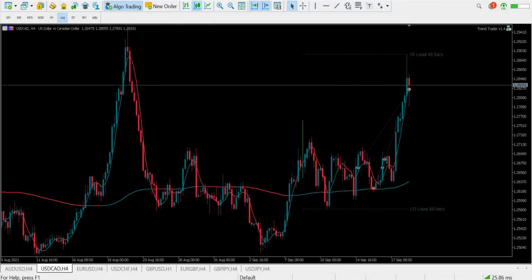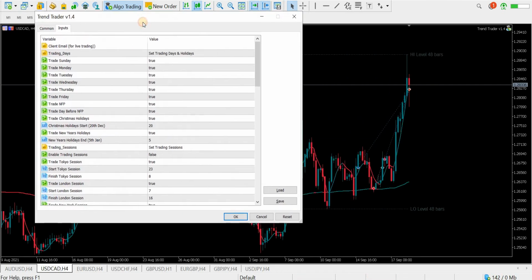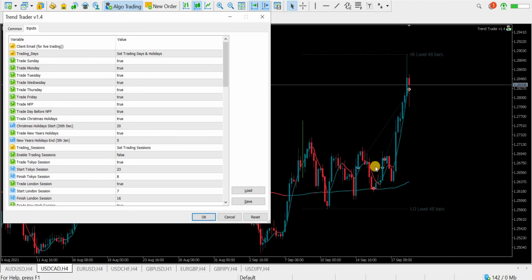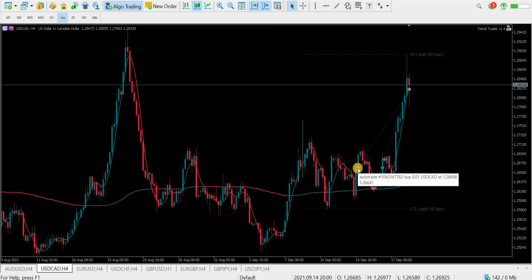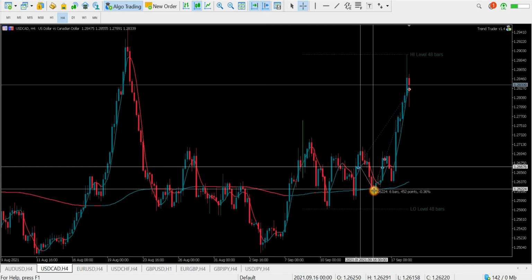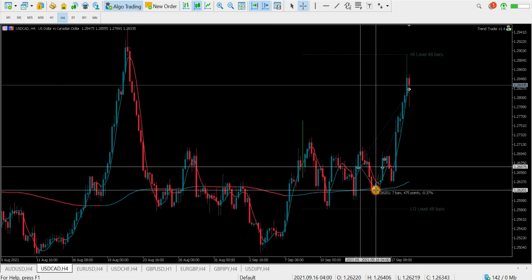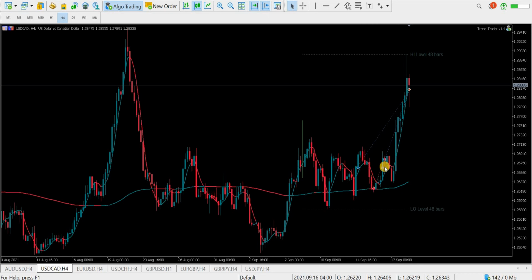So without further talk, I'm just showing you this because it illustrates how the expert advisor thinks and works. And the purpose is just to show you the settings. I have two charts where some action happened. One was the US dollar, Canadian dollar, and this is where a hedge happened. So a buy was opened, then the price triggered the pending hedging order, which was a sell, and then another